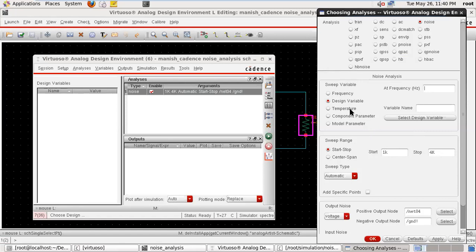Similarly, we can analyze the noise with respect to temperature, component parameter or model parameter, but now we are interested in frequency. Suppose the frequency range is 1 kilohertz to 100k, but here we have taken only resistances, so my noise remains constant throughout.